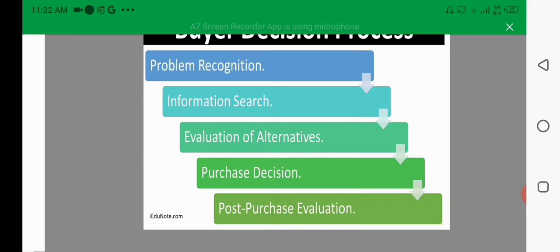So the evaluation of alternatives stage is when the consumer evaluates all the products available on the scale of particular attributes, meaning those which he wants, which have the ability to deliver the benefit the consumer is seeking. During the purchase decision stage, the consumer may form an intention to buy the most preferred brand or product. The purchase decision is the fourth stage in the consumer buying process, and the post purchase